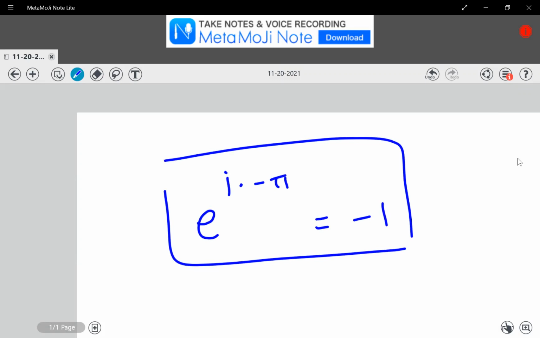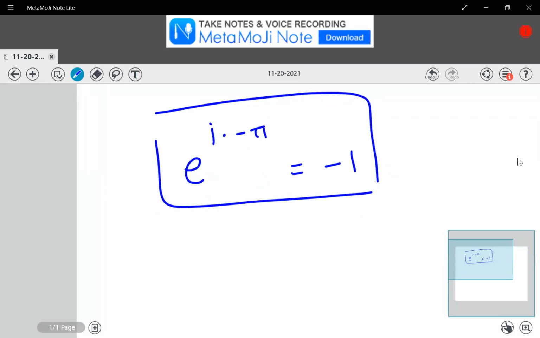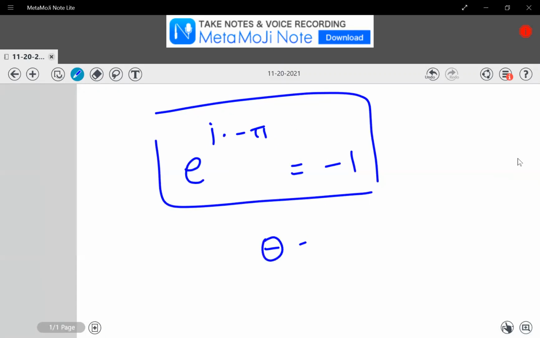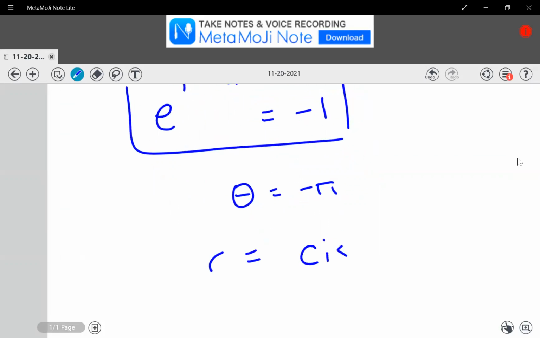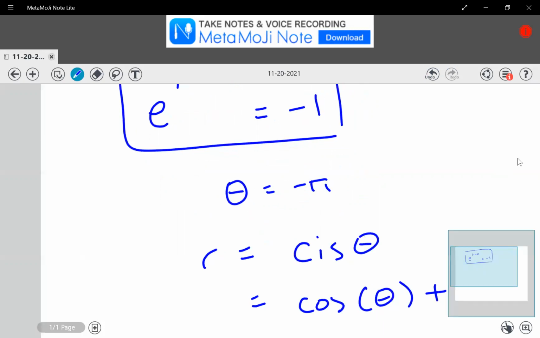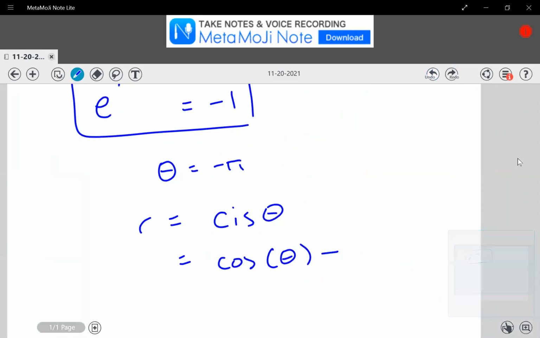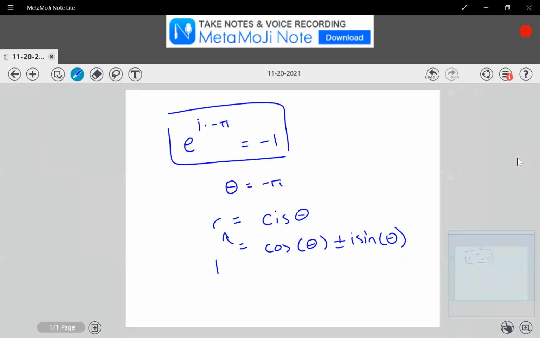If you want to know why this is -1, well, just plug in theta equals negative pi into your r cis theta, which is your cosine of theta plus, now this is negative, so this might end up being minus i sine theta, but try things out. It's either plus or minus i sine theta. And I think you should get your r as being 1 or something like that. But anyways,